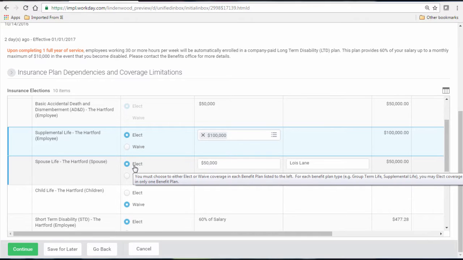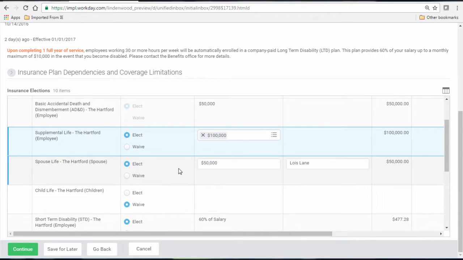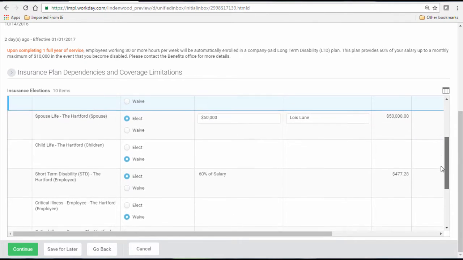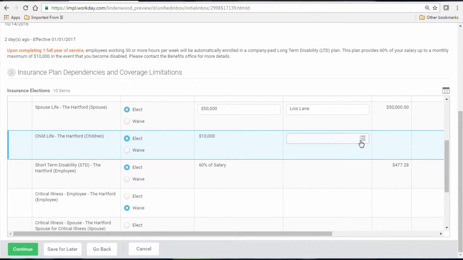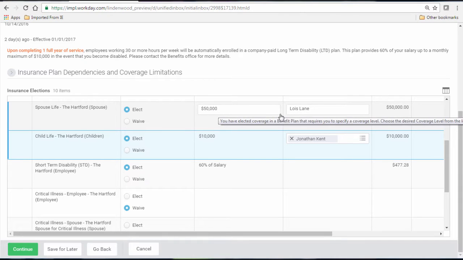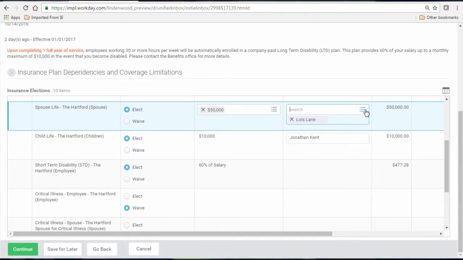You may only elect supplemental coverage for your spouse and/or child if you elect additional supplemental coverage for yourself. Your spouse is only eligible for exactly 50% of your supplemental election, and children are a flat rate of $10,000 of coverage. To elect life insurance coverage for a spouse, you must click the Elect option and elect the coverage option that is 50% of your elected coverage. You will then be prompted to either add your spouse or choose from an existing dependent beneficiary emergency contact within